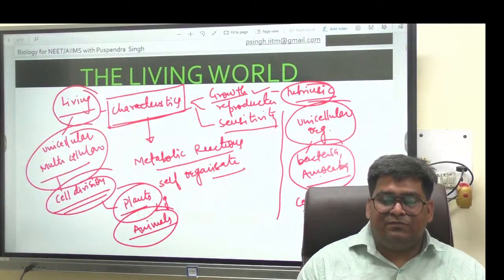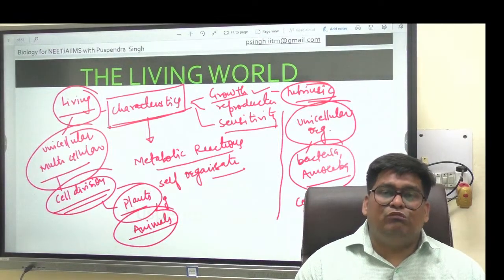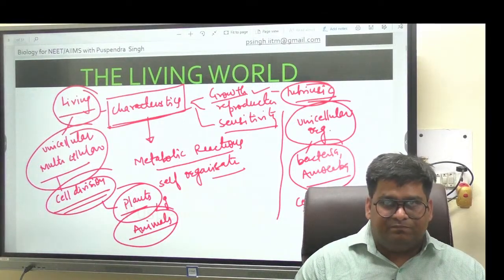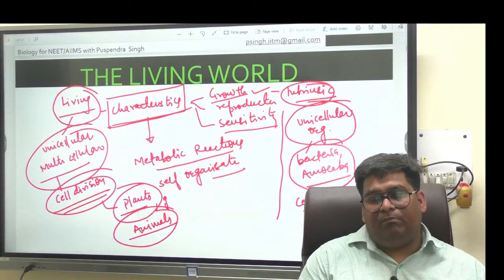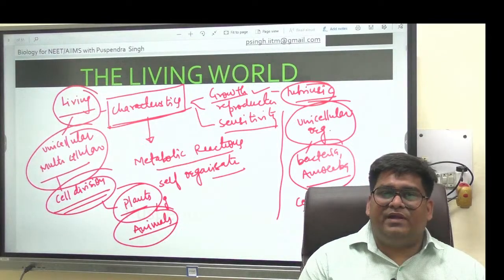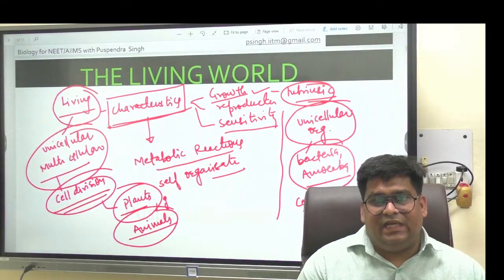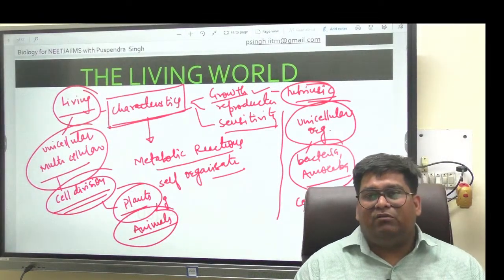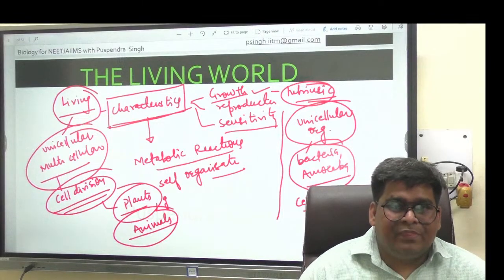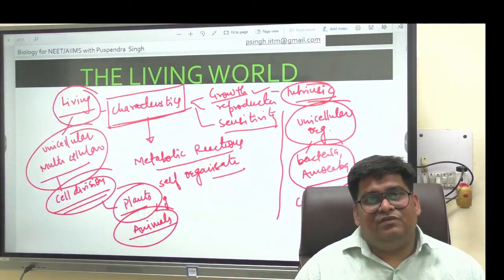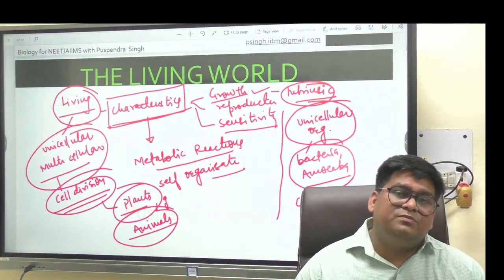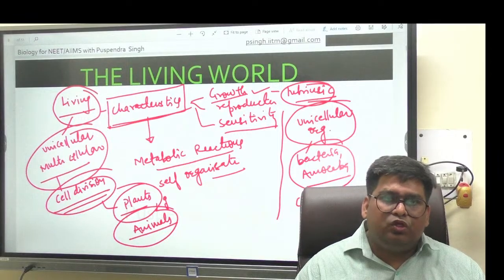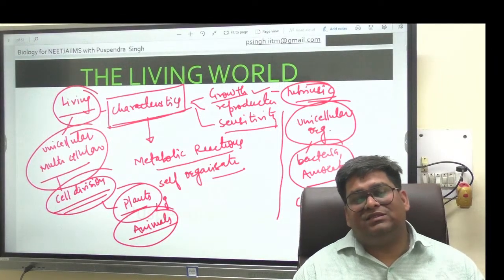In the unicellular organism, growth and reproduction are mutually inclusive, because you can observe the cell division. But in higher animals and plants, you cannot observe it directly. So that is the reason growth and reproduction are linked, but they are mutually exclusive events. However, this type of cell division occurs not only at the level of the living organism, at the time of growth and reproduction, but also during maintenance, to replace some of the lost